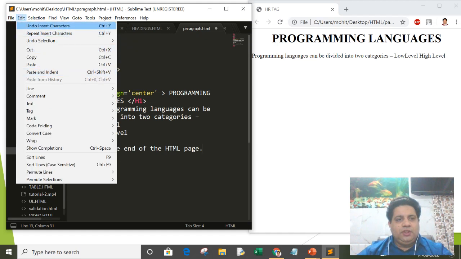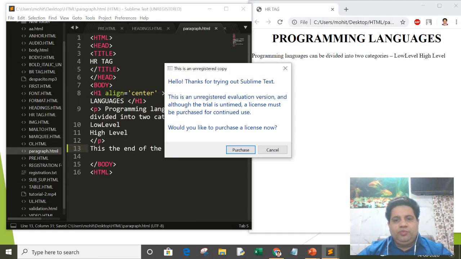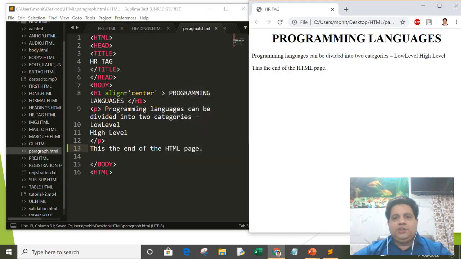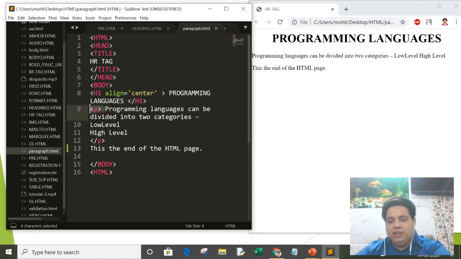Now save it and refresh your page. See, now proper line space has been inserted before and after the paragraph. So this is done automatically by the p tag. Okay, now if you remove the p tag, then you can see the effect on this document.